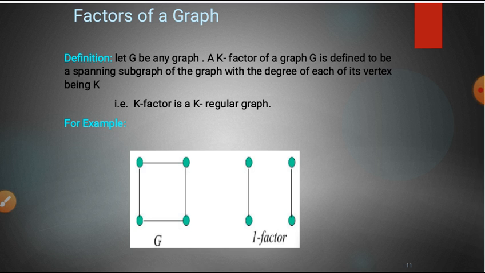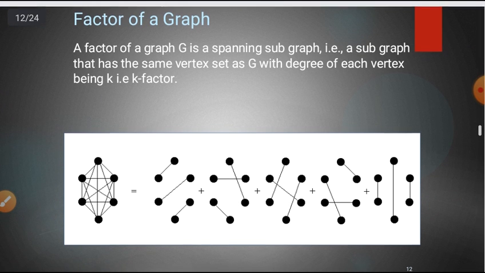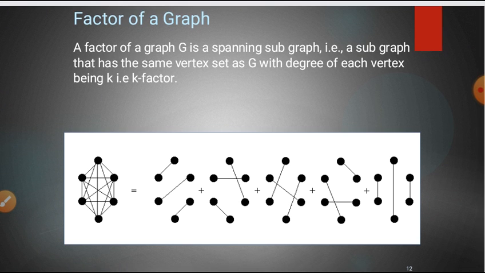So we just take a look at that example. G is a given graph in which 4 vertices are connected with 4 edges. If we say we create a 1 factor graph, there is only one possibility in which we can plot the vertices. Every vertex should have only and only 1 degree. So with the help of two edges we can get every vertex degree 1. So see another example with the same factor value 1.